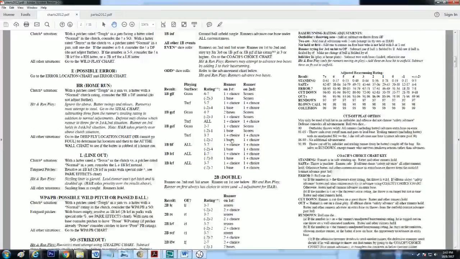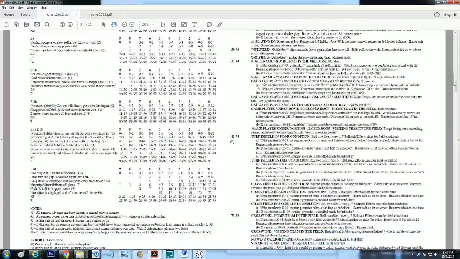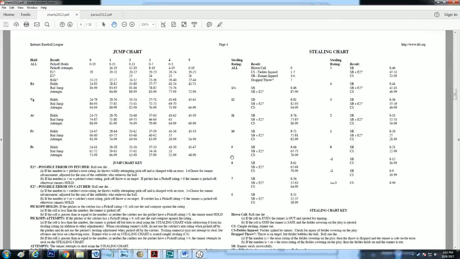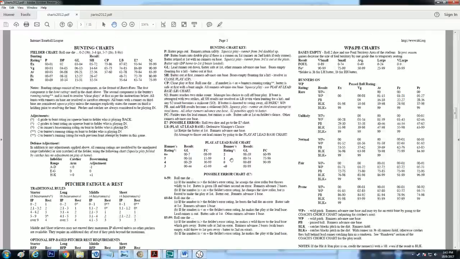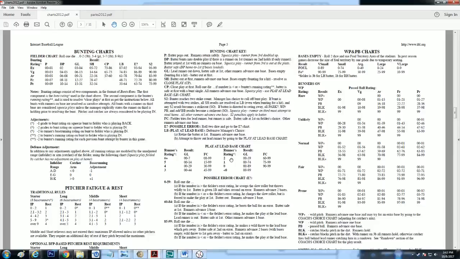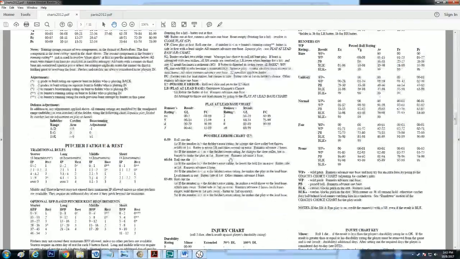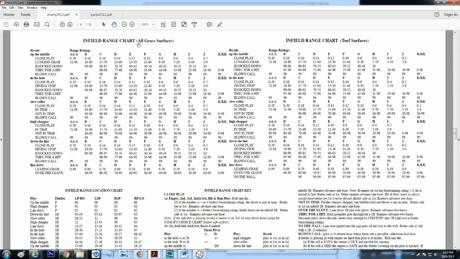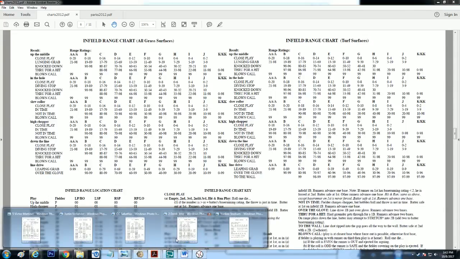All right, so error charts, we'll get to that eventually. Jump chart, steal chart. We already tried a steal attempt. We did not get the jump though. There's the bunting. We're not doing bunting yet. Infield range chart on grass surfaces. We can actually look at our